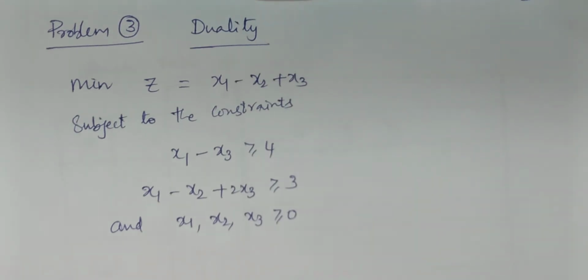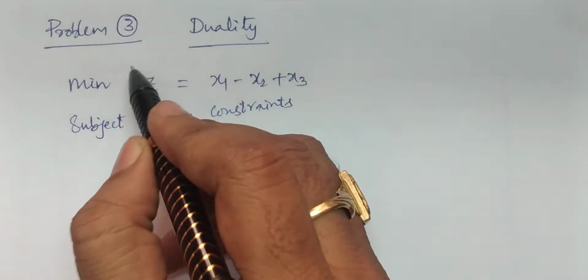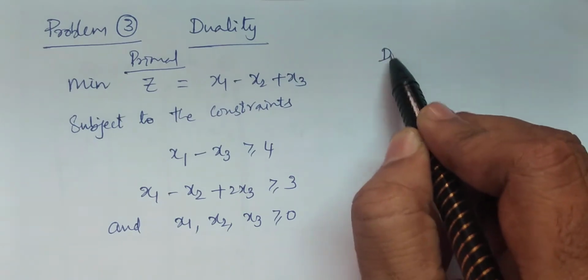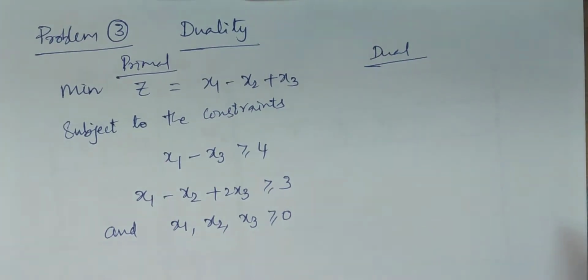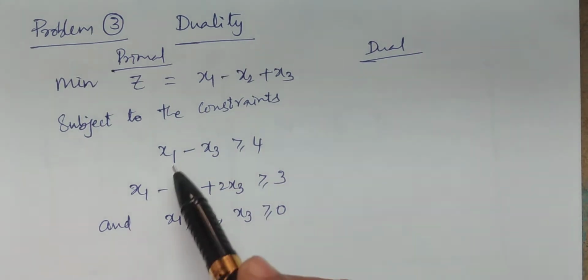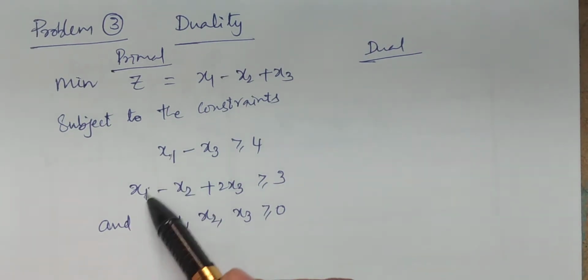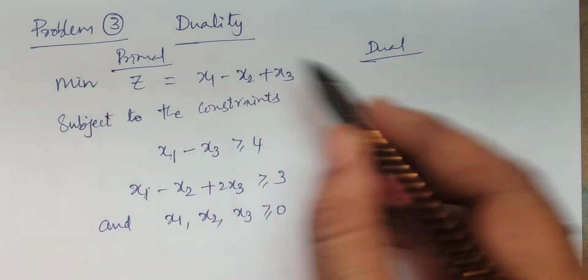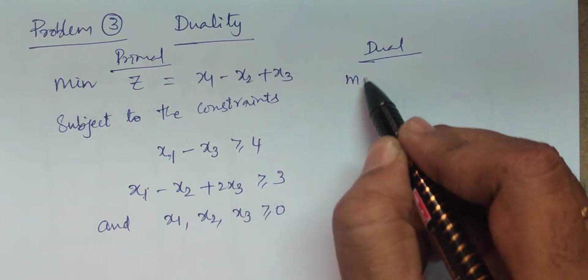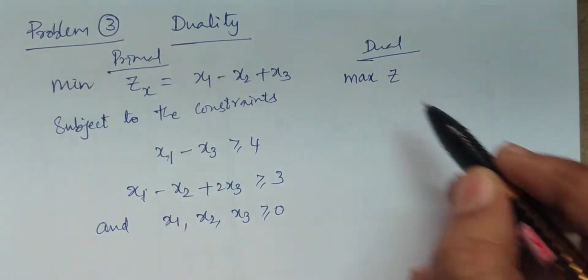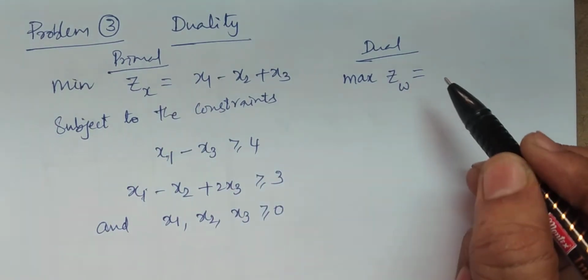So it is a minimization problem, hence it is going to be converted into the dual LPP. You consider this as the primal LPP. Now I am considering the dual linear programming problem here. You see, be a little bit careful with the coefficients of x1 here, no x2 here, and the first equation like that. First of all, the minimization function is going to be converted into maximization, and Z_x is now Z_omega.